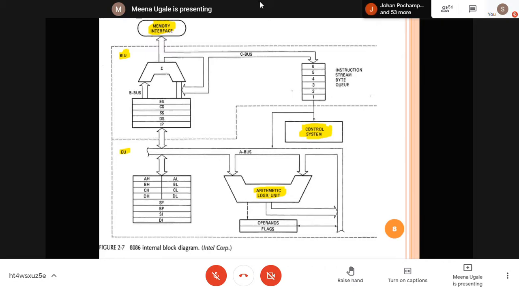Now, when you want to perform addition on two numbers, one number may be 10 and the second is 20, just a random example I'm taking. So I want to perform 10 plus 20. Where to keep this 10, where to keep this 20? When you write any simple program in any programming language, immediately you declare some variables. I go with an integer data type and I write integer a is equal to 10. Then I write integer b is equal to 20. And then I write the instruction c is equal to a plus b. And then I will print it.